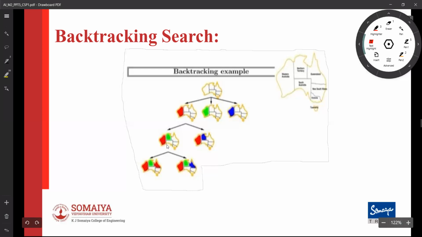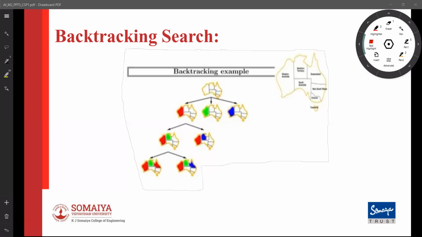From red, again we have another branch. Next we assign Northern Territory either green or blue. We cannot assign red because the constraint would not be satisfied.